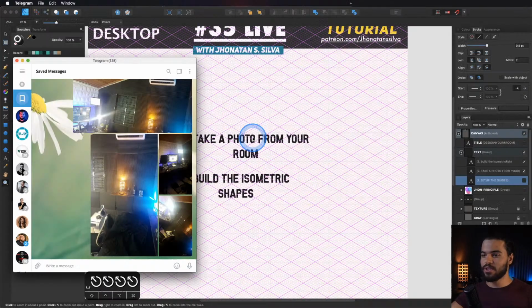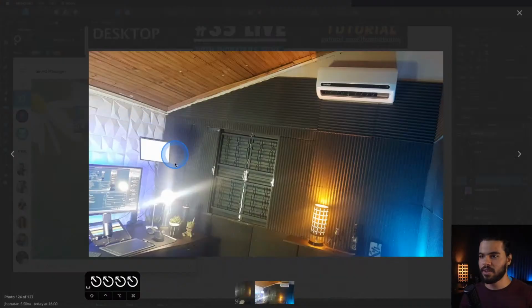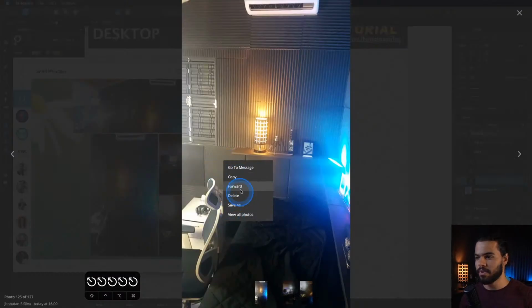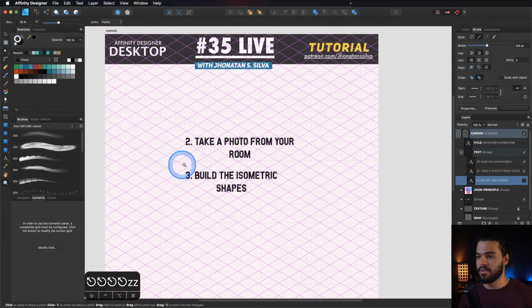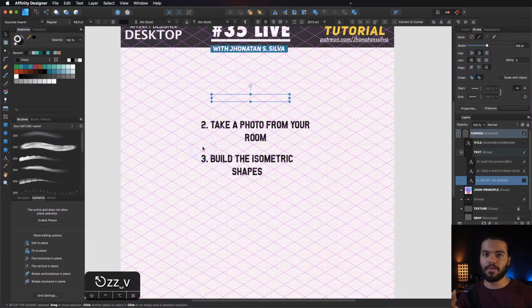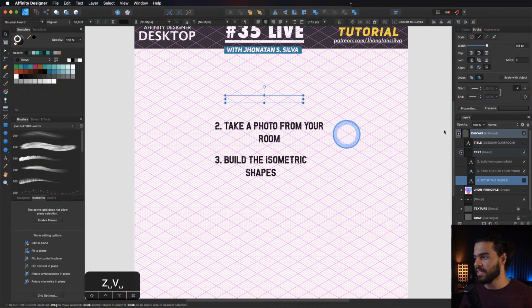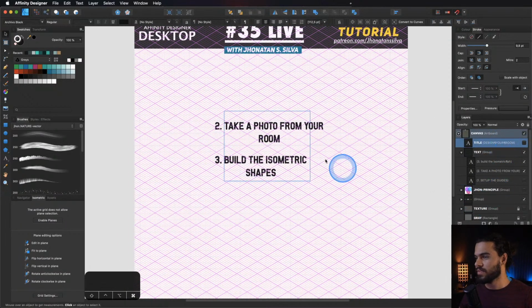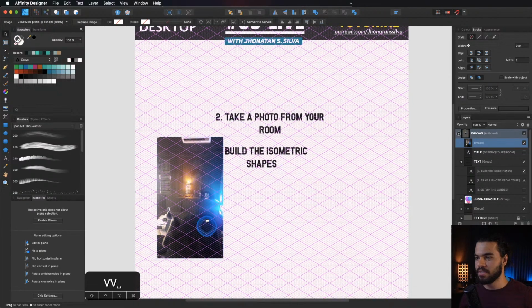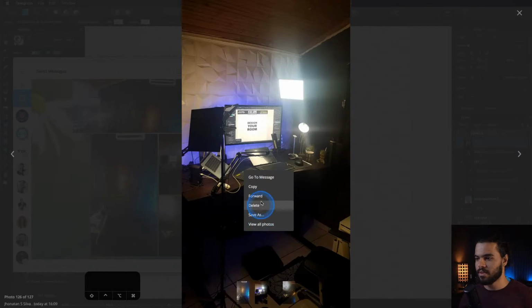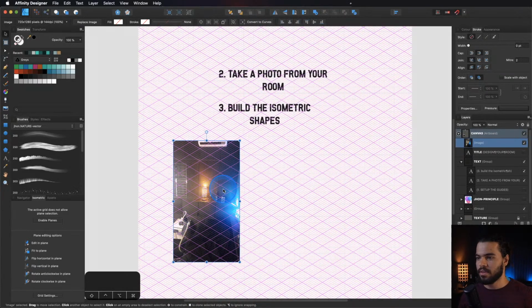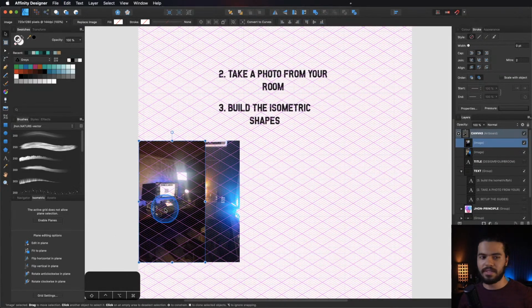And okay, so just to show you what I'm gonna design, okay, so you guys can just copy, click here, copy, in your version. Okay, I'm using the Telegram, you know, in order to take a photo from my phone and send to my desktop. You know, it's very amazing. Just paste on here. Let me grab another one, that is this one. Copy. Okay, this is the reference stage. All right,